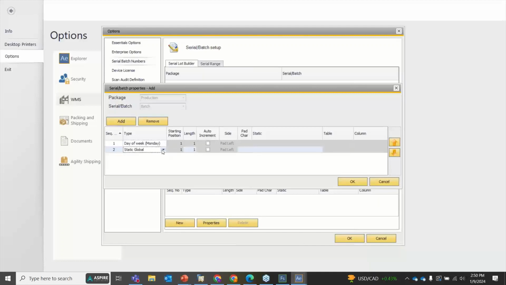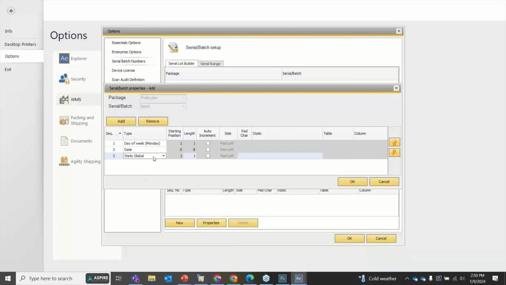Then next in the sequence, I'm going to add the actual date. So it'll be an 8-character date. 4 characters for the year, and then 2 for the day, 2 for the month, as you would expect. And I do have the option after I add this, I can move it to first if I want to by clicking this arrow here, or move it back down to second, whatever I want to do. All right, and now at the end